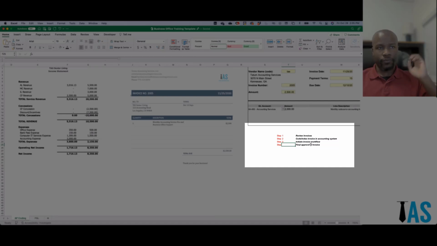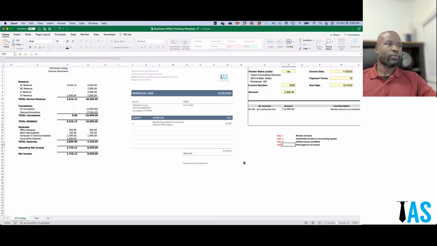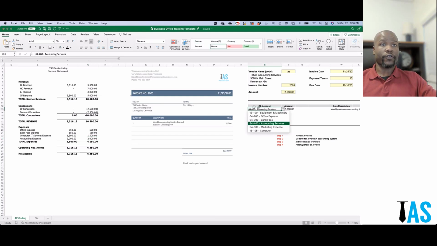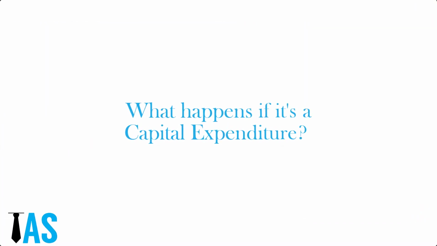These are all just things that are already going to be in the accounting system to approve and make sure the invoices are going through. Final approval and post. Okay, and once it's posted, we saw that show up in the P&L. We covered that because we are coding it correctly. We've already talked about if I miscode it, it's going to show up somewhere else, and it can make it harder to identify. Now, what happens if it's a